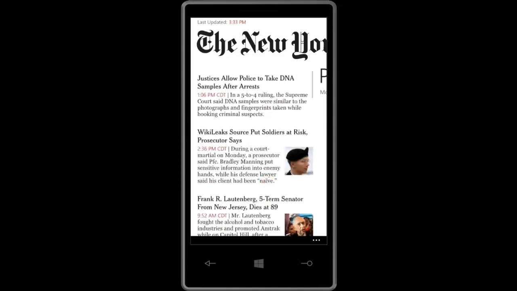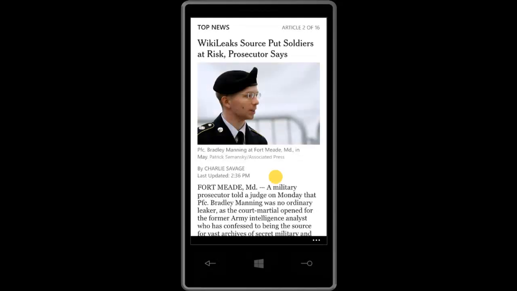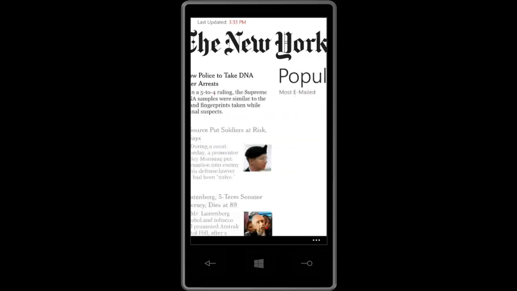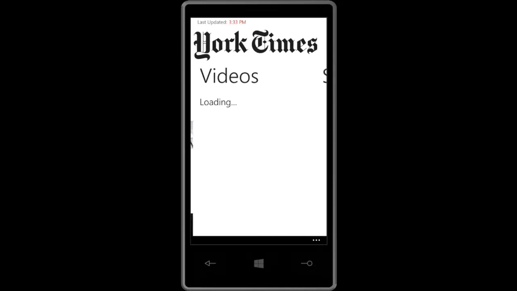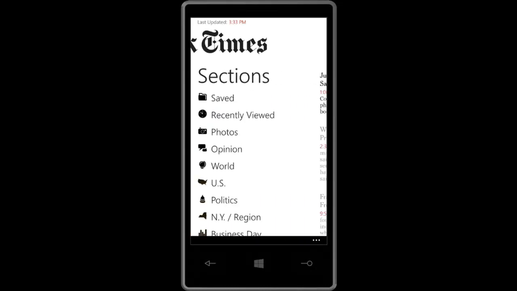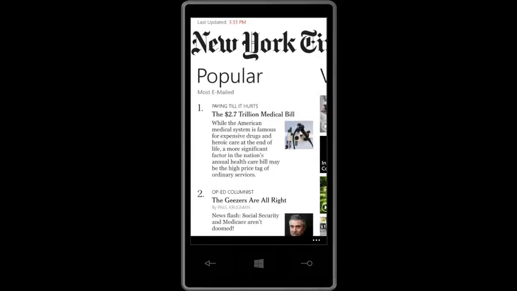The New York Times here is using a different font. They're using their signature New York Times font. And it works, and yet it's still a very Metro-y paradigm where you can swipe left and right to see the different articles. I'm also in a panorama here. And the thing that they're doing, which is particularly interesting, is you'll notice how they load these things on the fly as you go, so that for performance purposes, they're not loading things all up at once.